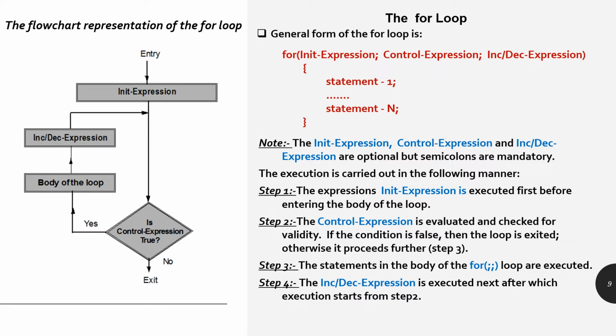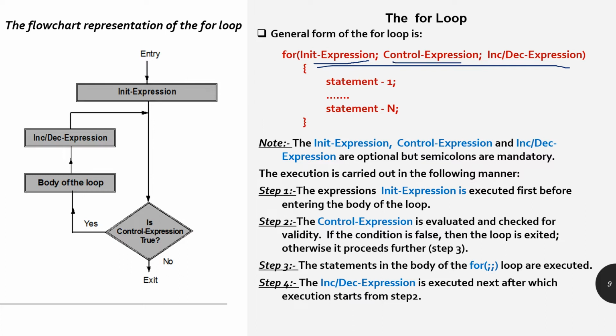Another important loop is the for loop. This is the syntax of the for loop. The loop itself has an initialization step for the control variable, a conditional expression, then an increment or decrement expression, and this is the body of the loop. Initially the initialization will be executed. Then it will check the